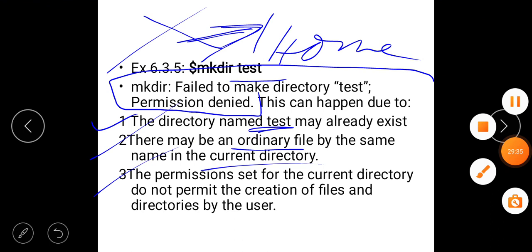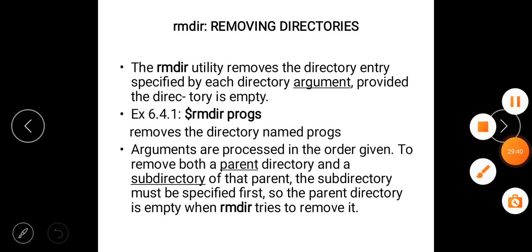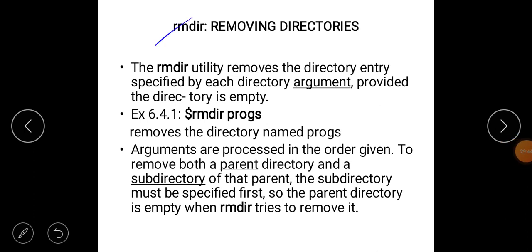Okay, next, the last command is rmdir, removing directories. The rmdir utility removes the directory entry specified by each directory argument, provided the directory is empty.